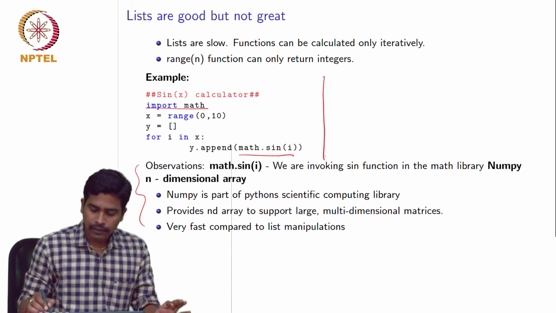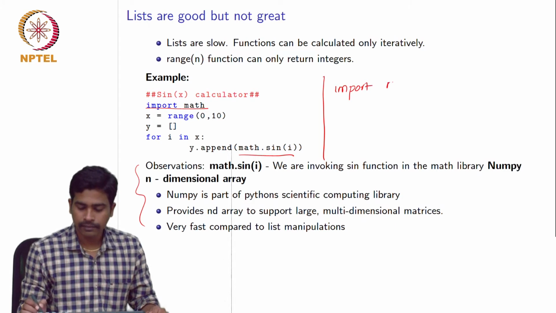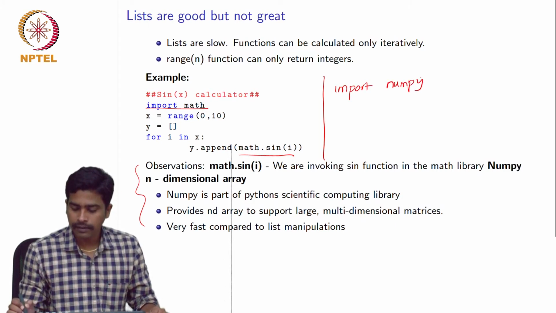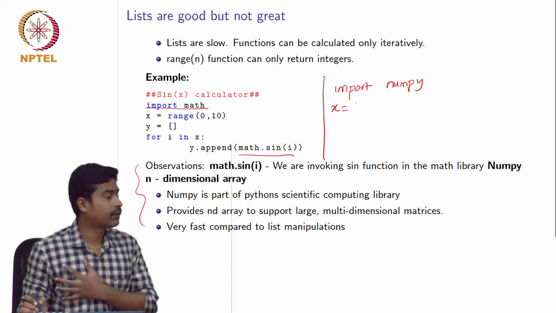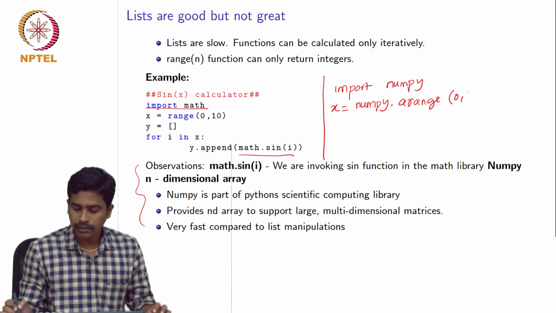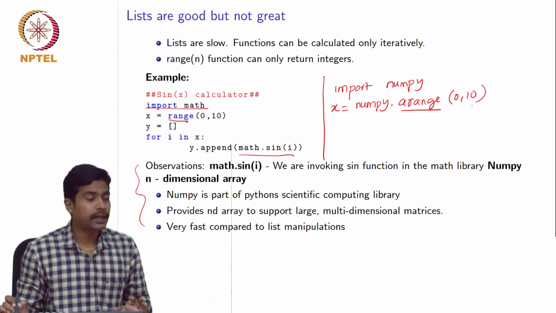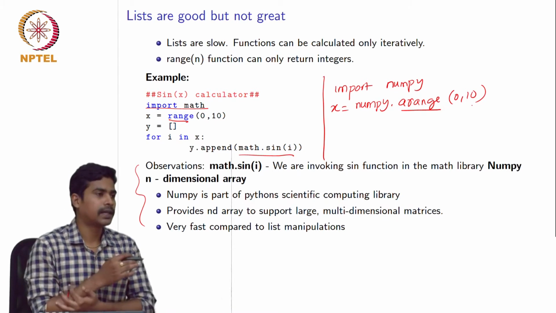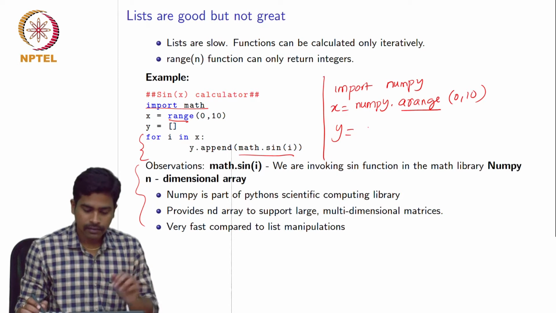I'll quickly tell how to do the same thing in NumPy. The equivalent steps: first we have to import numpy, and after that we similarly create the range of x values that we want to use to calculate y. But there is a slight difference. Earlier we used the range command, which gives a list of values from 0 to 10, but here we are using another command, arange. This command gives a numpy array, which is different from a list. And these two steps can be written in just a single step.